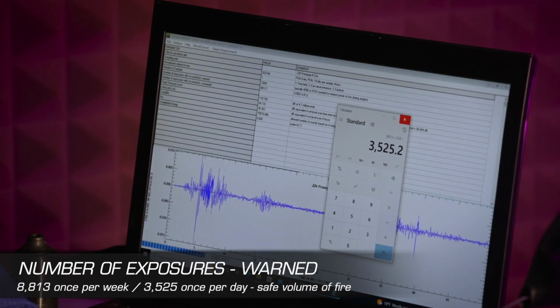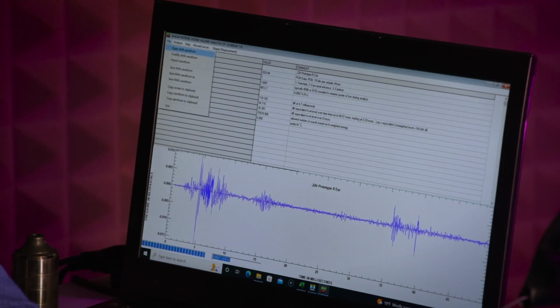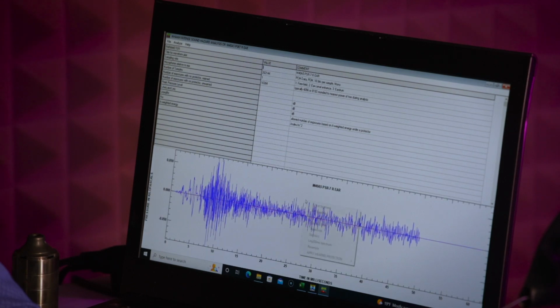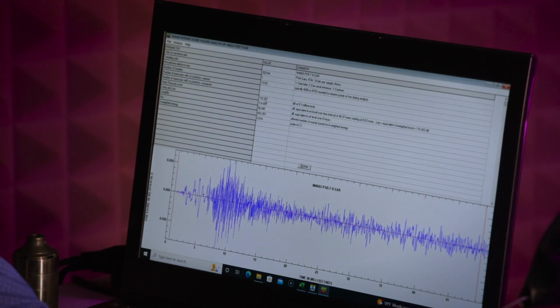I'll show you for a comparison one of the 308 suppressors so you can understand how that differs tremendously. So we'll open the AHAAH waveform for, let's do the M40A5 with PSR 7 right ear. And again, I'll select the segment time history that's relevant to what I had prepped the AHAAH file for, the 50 milliseconds. Hit done, go ahead and populate the statistics, and here we see that we've got a peak pressure level of